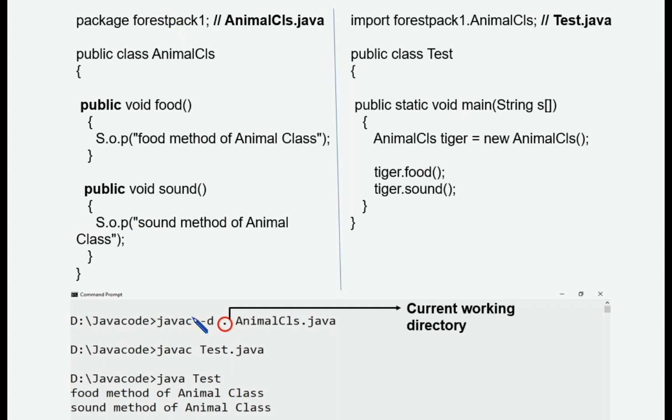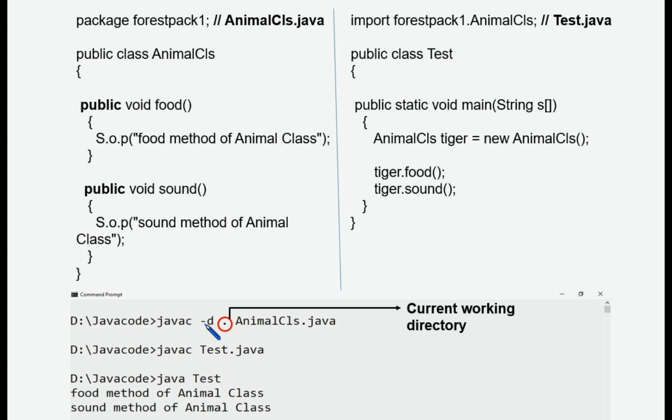By using -d. Here dot indicates the current working directory. After this compilation, a folder forest pack 1 will be created in this Java code folder, and that forest pack 1 consists of this animal class. Then you just compile this test.java file as usual with the javac compiler and interpret.